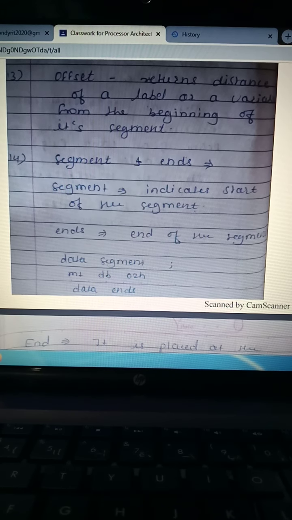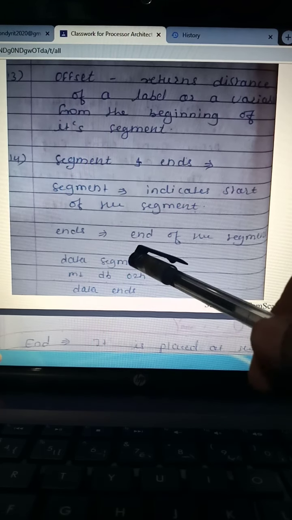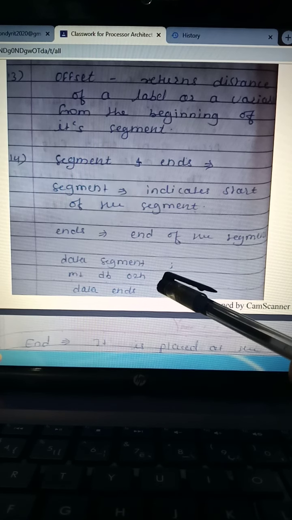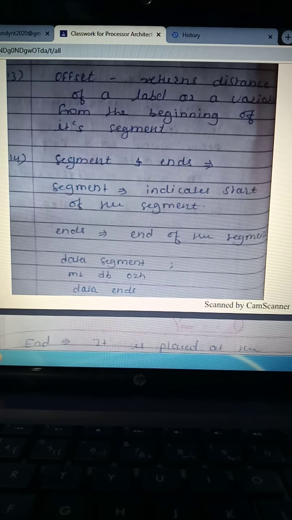After that we define one variable with the name m1 of type define byte with value 0 to h. And after that we have written one statement, DATA ENDS. The first statement, DATA SEGMENT, indicates the start of the data segment. Next, m1 DB 0 to h defines a variable of name m1 of type define byte, and DATA ENDS indicates the end of the segment.